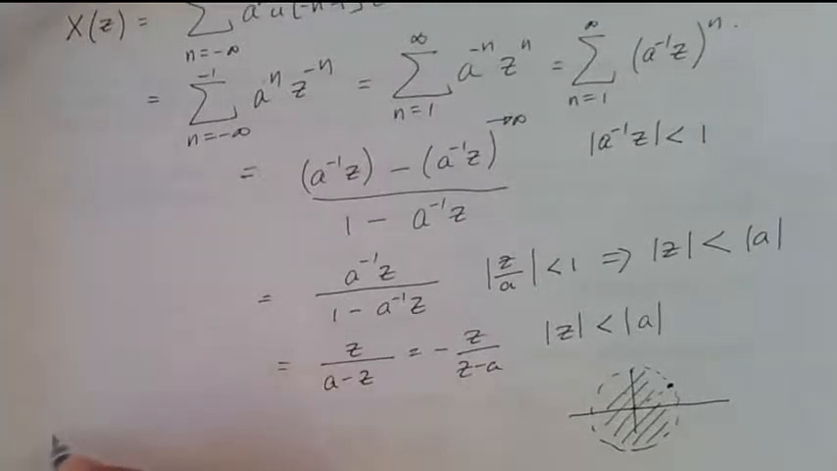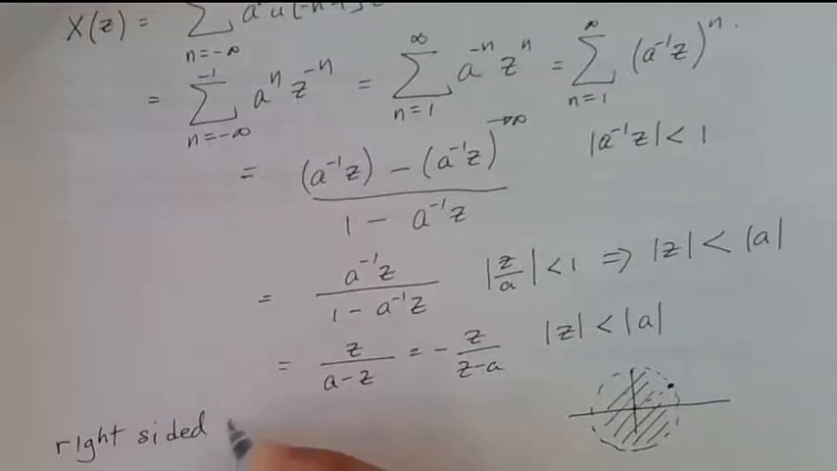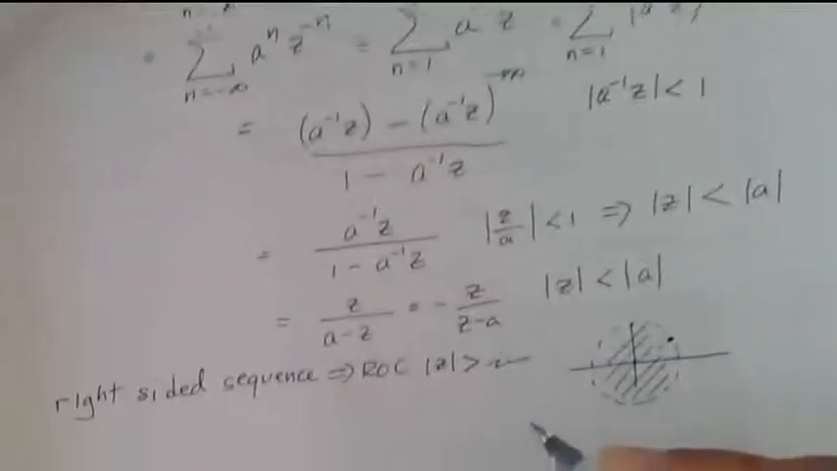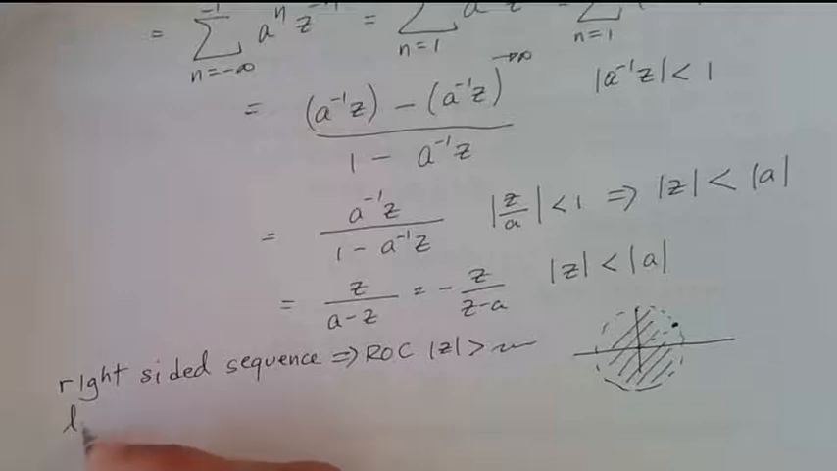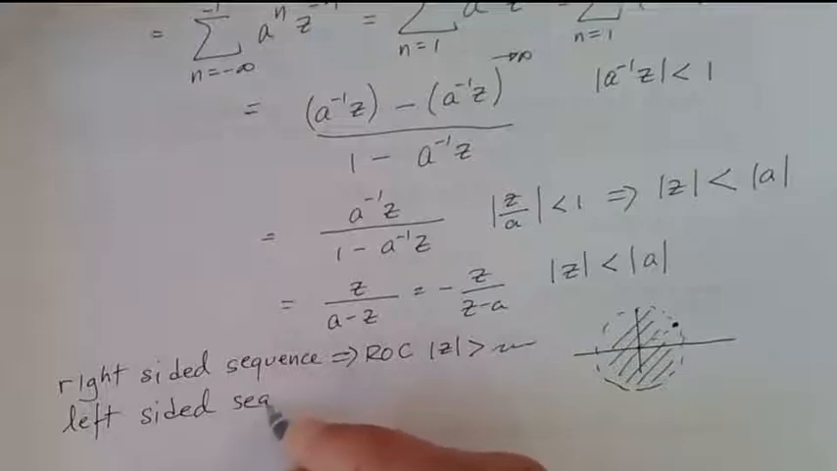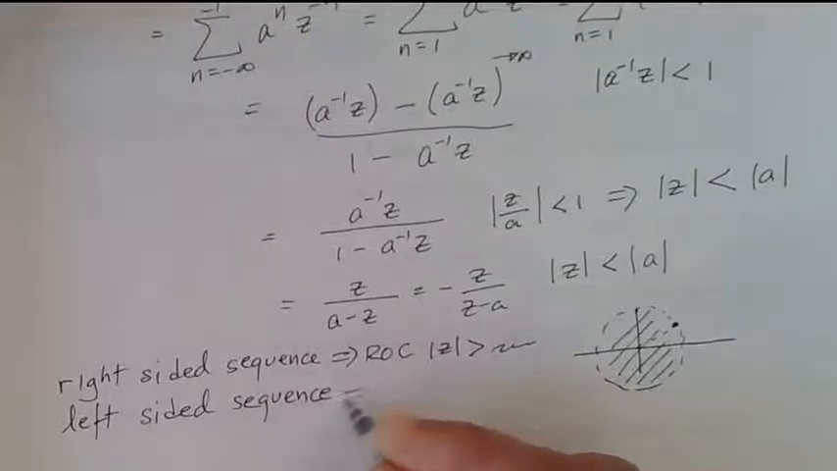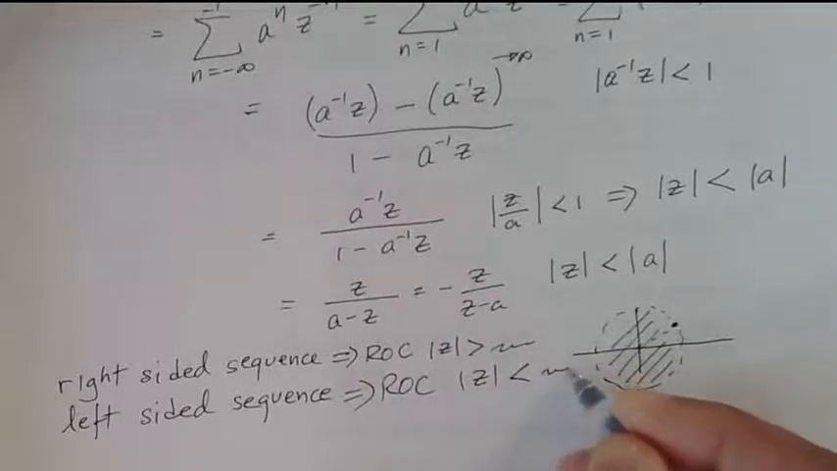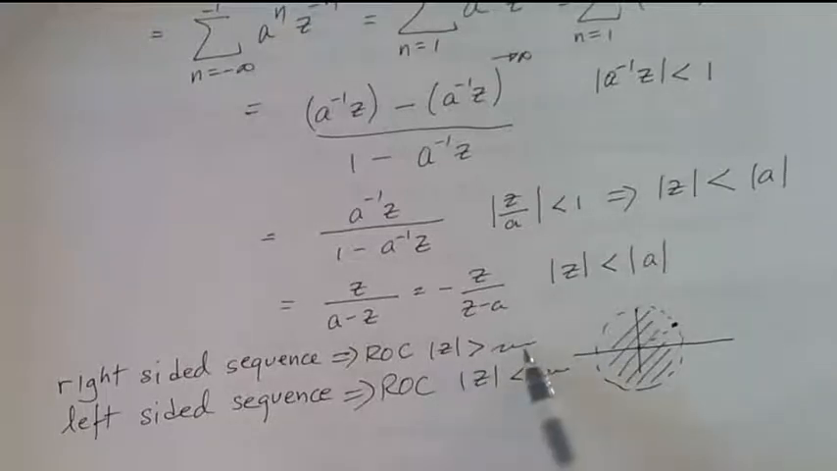Remember that. So let's write it. Right-sided sequence: ROC is magnitude of z greater than some number, and left-sided sequence: ROC is magnitude of z less than something. Okay, so z greater than some quantity